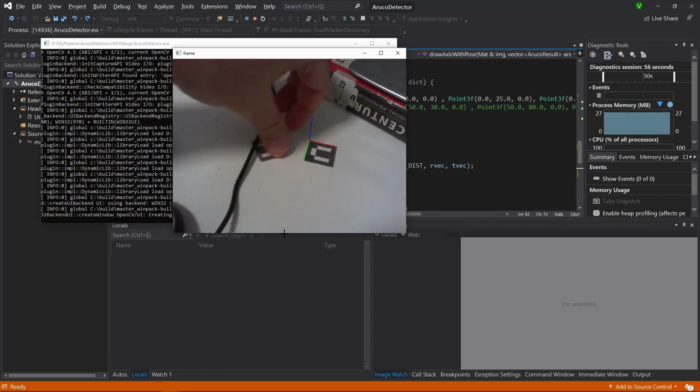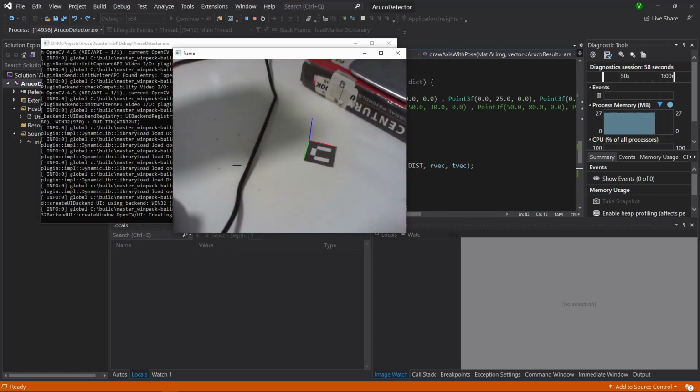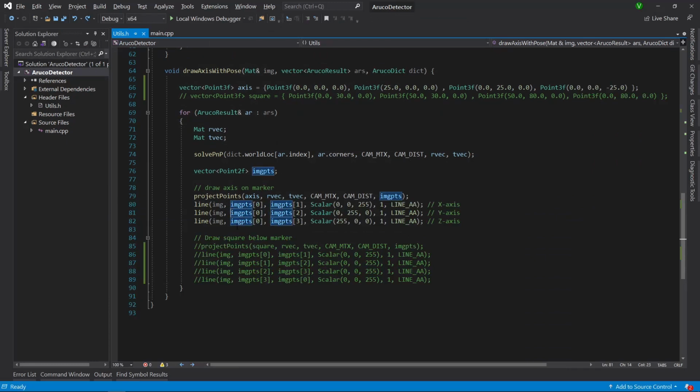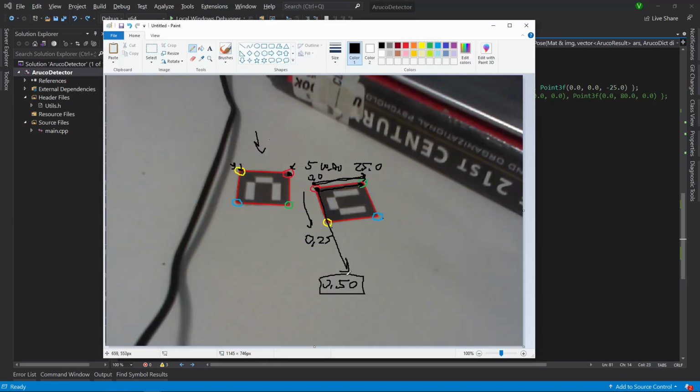Now, as I said earlier, we can draw whatever we want on the image. We don't have to draw on the marker. So let's say now that I want to draw a square below the marker. So I identified the marker and I want to position something below the marker. Okay, so